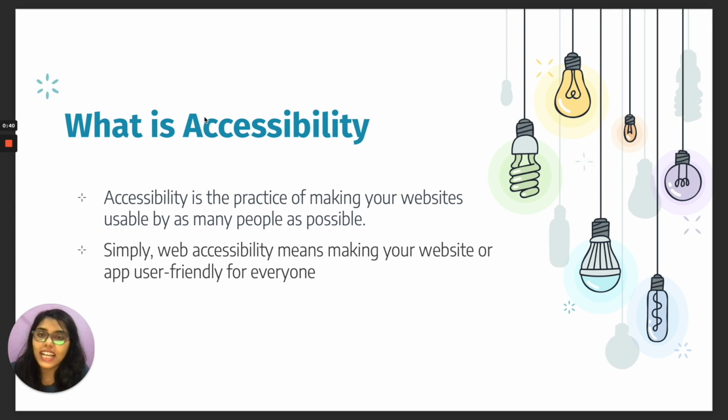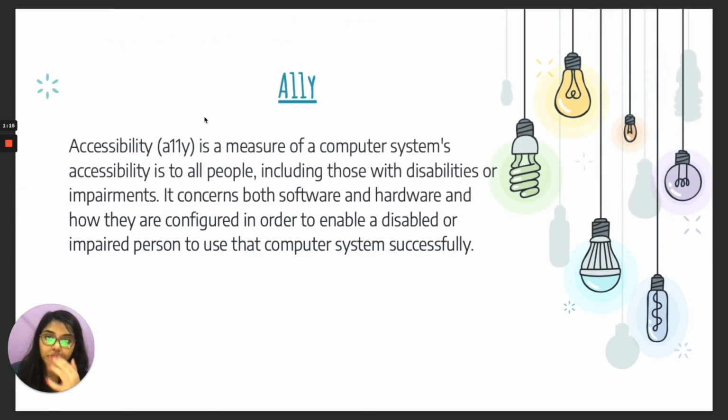Before we start, let's talk about accessibility first. What is accessibility? It does not need any extra effort to make our app accessible. It's just the practice of making your website usable by as many people as possible. So there are many special users out there who have some kind of disability or impairment and who face issues while using a website. And since our age is the modern age of technology, we need to make sure that our application is accessible to these people.